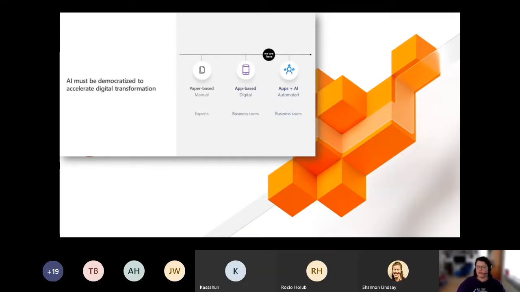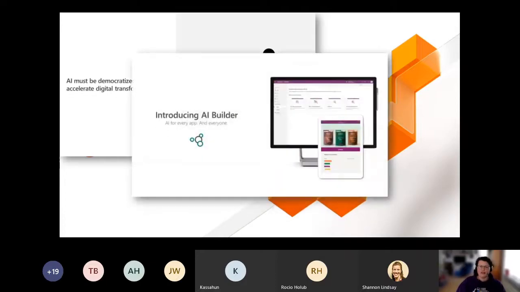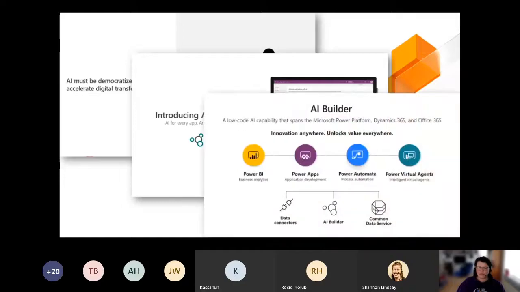So we now have business users who can build apps and do a lot of automation or dashboards, but we need more and smarter apps, and that's where AI Builder was introduced: AI for every app and everyone. So you no longer need to have a data science degree to make use of artificial intelligence in your applications. It is part of the Power Platform.